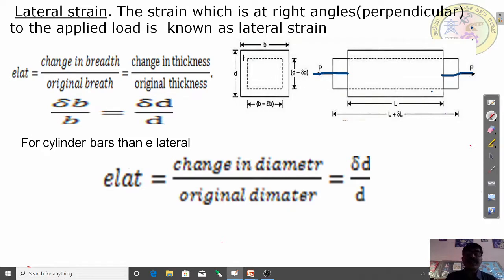But we can also see that when length increases, the breadth and thickness reduce, and these parameters are perpendicular to the applied load. Hence, it is called lateral strain. Here, lateral strain is change in breadth by original breadth, equal to change in thickness by original thickness. Now we have considered a square cross section. If we consider a circular cross section,